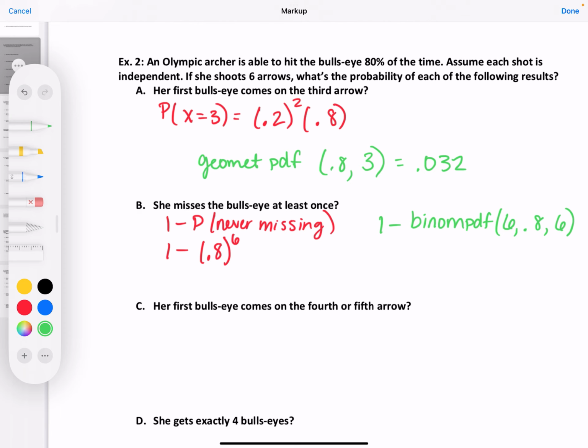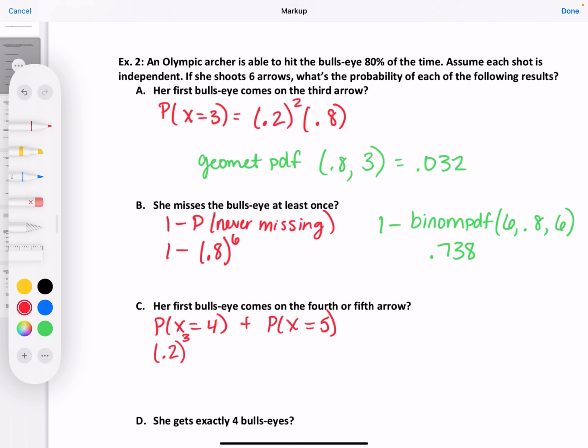0.738. Yep. All right, so then her first bullseye comes on the 4th or the 5th arrow. So that means that we could have 3 misses and then a make, or we have 4 misses and then a make. So we can look at this 2 ways. We can look at this as the probability for x being equal to 4 plus the probability for x being equal to 5, which is